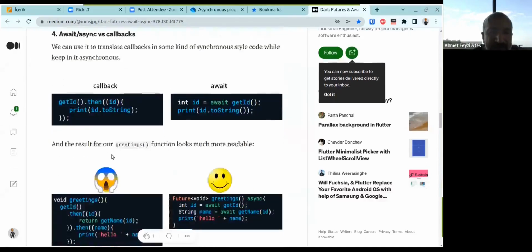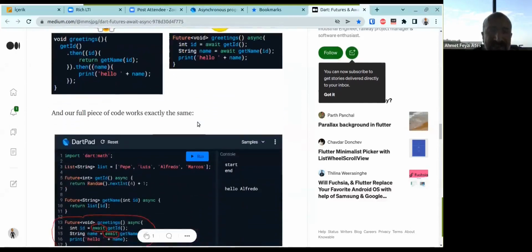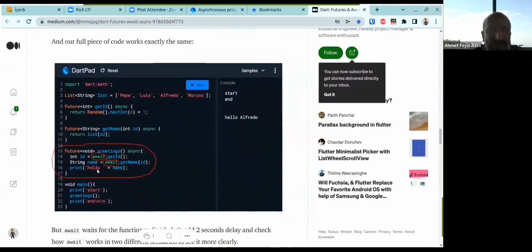Async await here is syntactic sugar to make your asynchronous code look like synchronous code. Now you can see here, we implement async await and the code is very clear, debuggable, understandable, and maintainable.